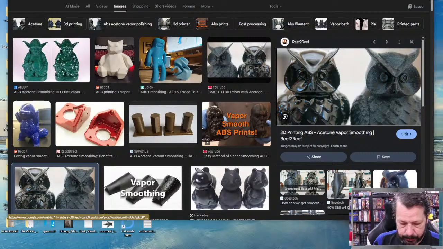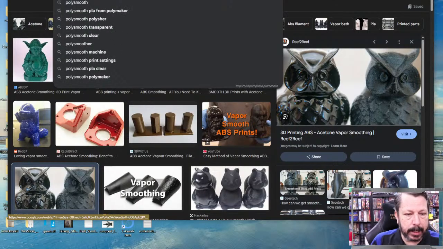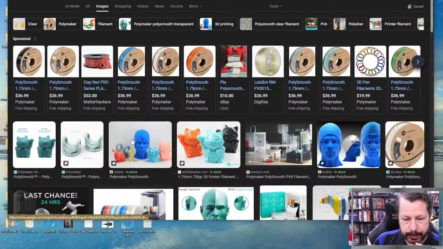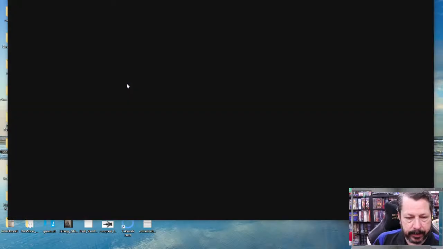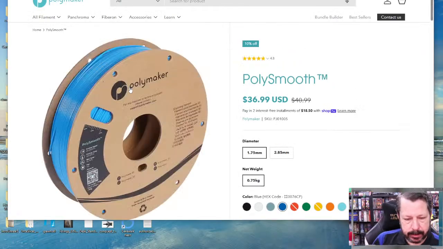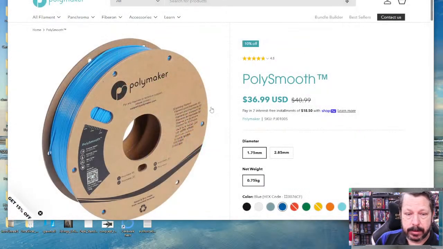specially made by Polymaker. Well, the material is called Polysmooth. Polymaker is the brand, and Polysmooth is the particular model. So this is a filament that you print like PLA, and it is specially designed to interact with isopropyl alcohol. So instead of having to use acetone or something like that, you get similar results. I don't know that they're quite at the level that I've seen for the ABS smoothing, but there are some big advantages